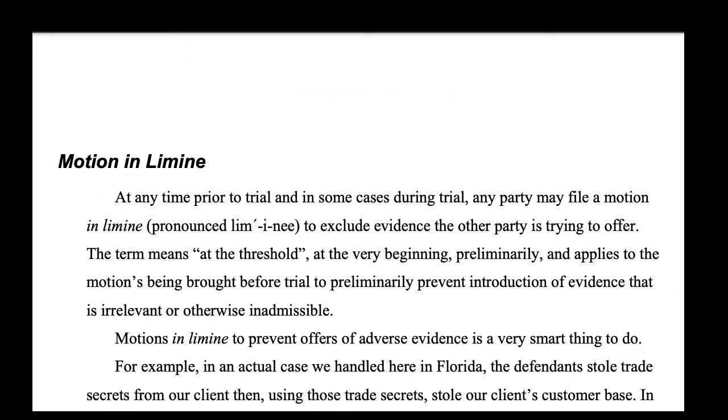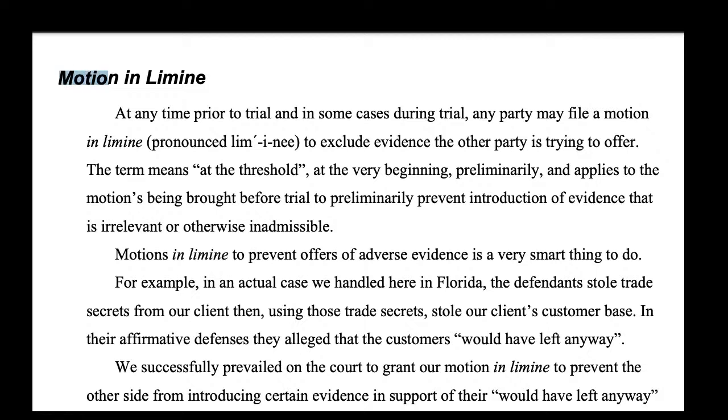We're on to applicability. First is motion in limine. At any time prior to trial, and in some cases during trial, any party may file a motion in limine,